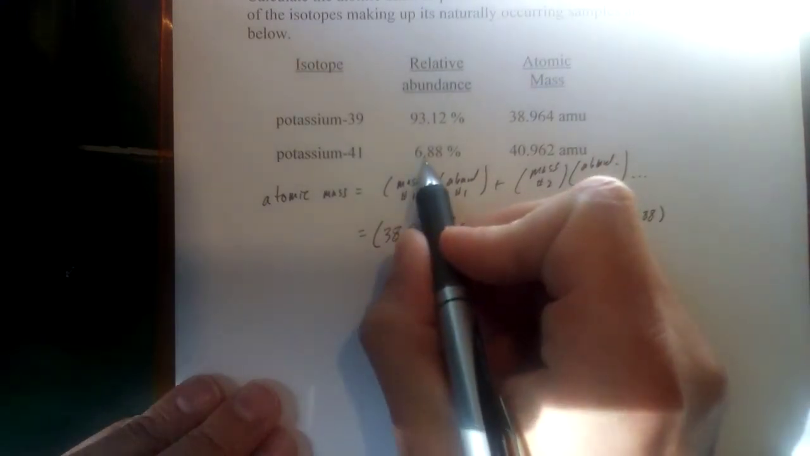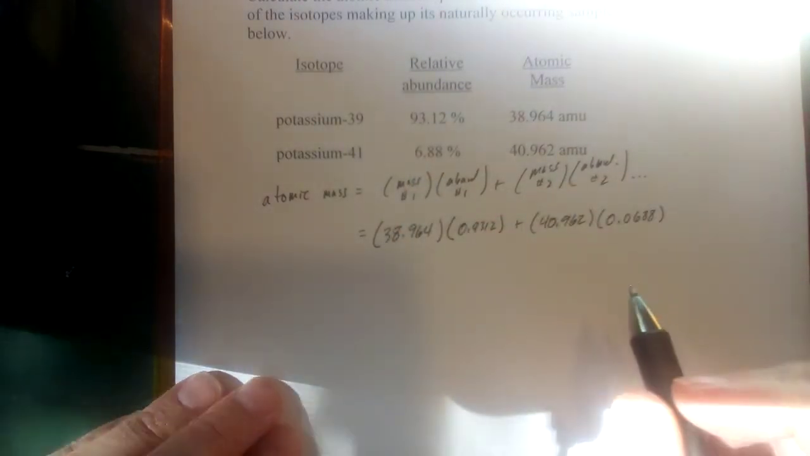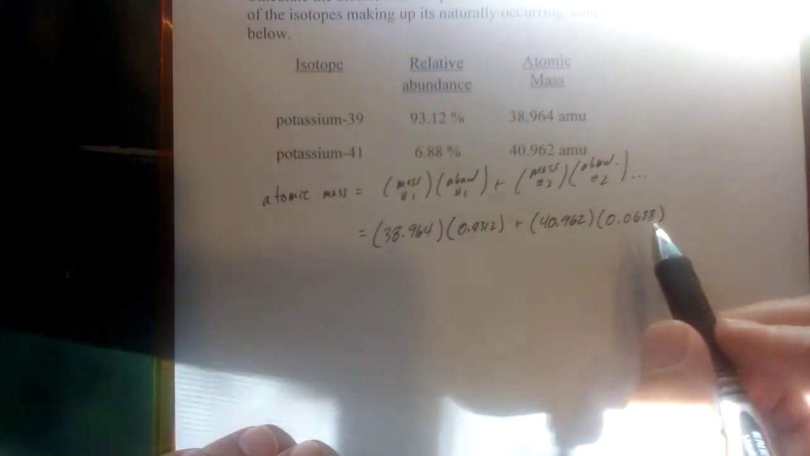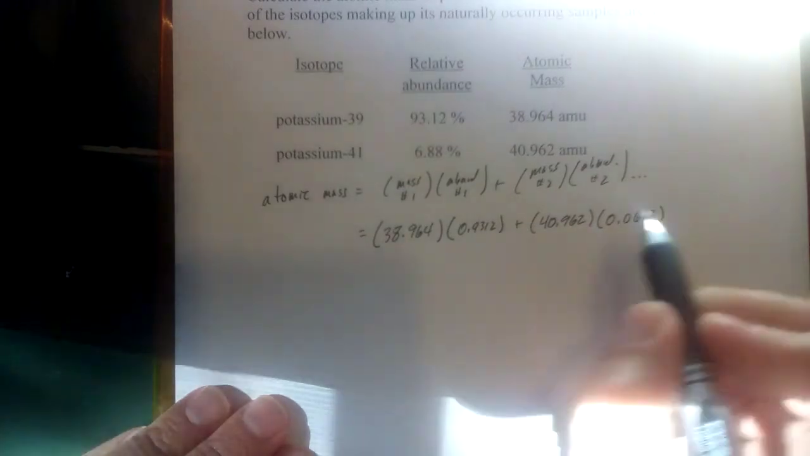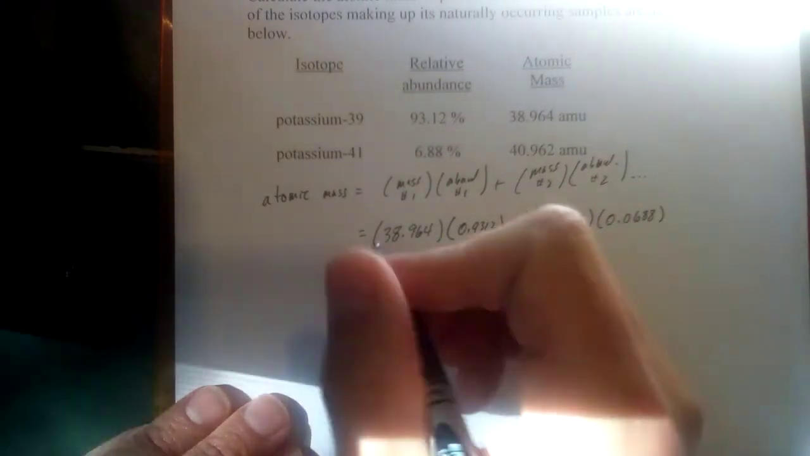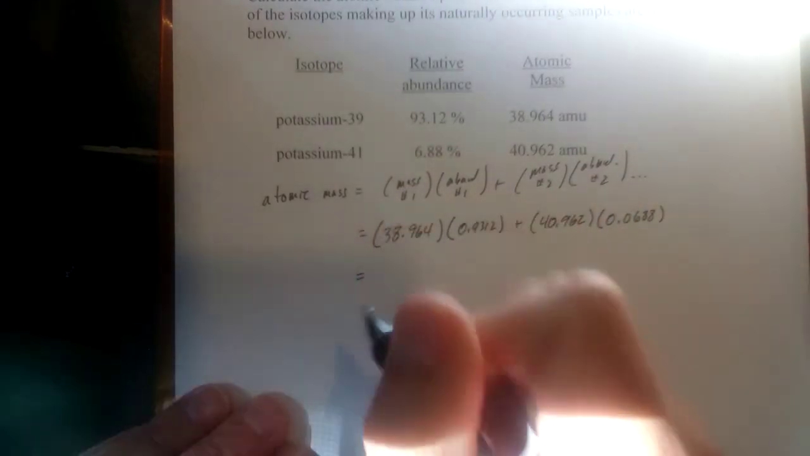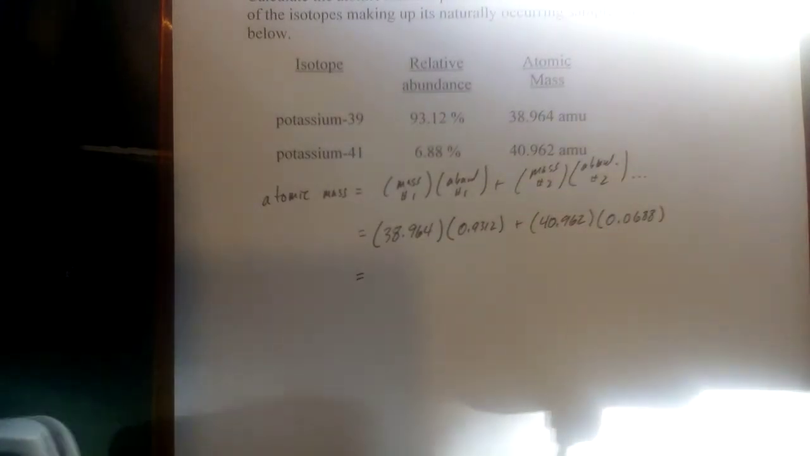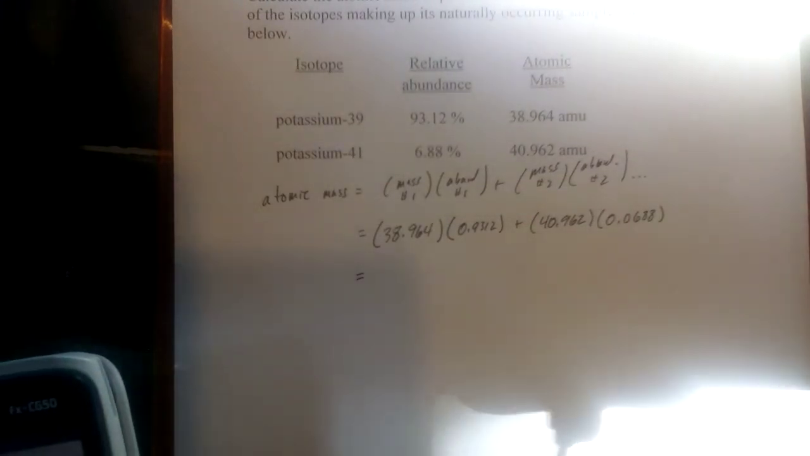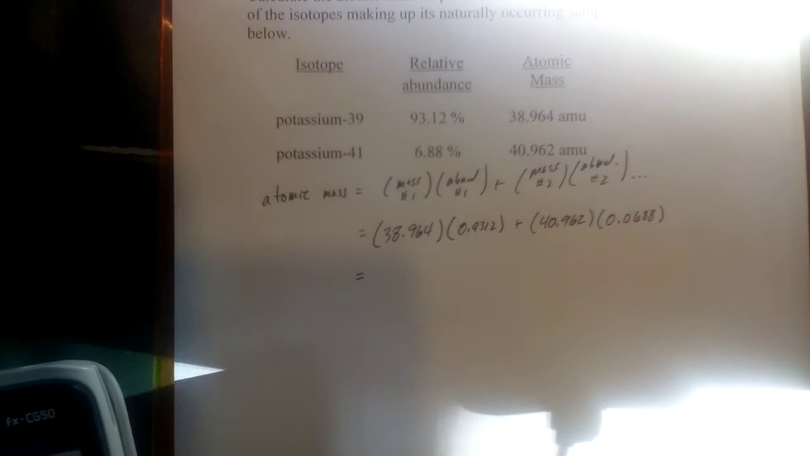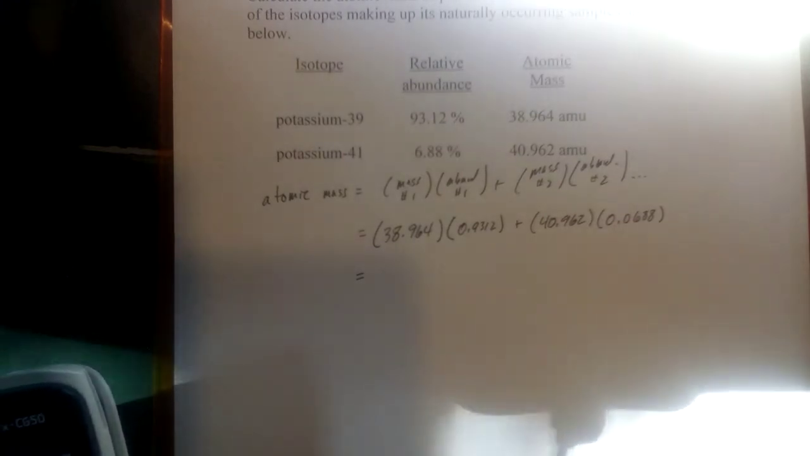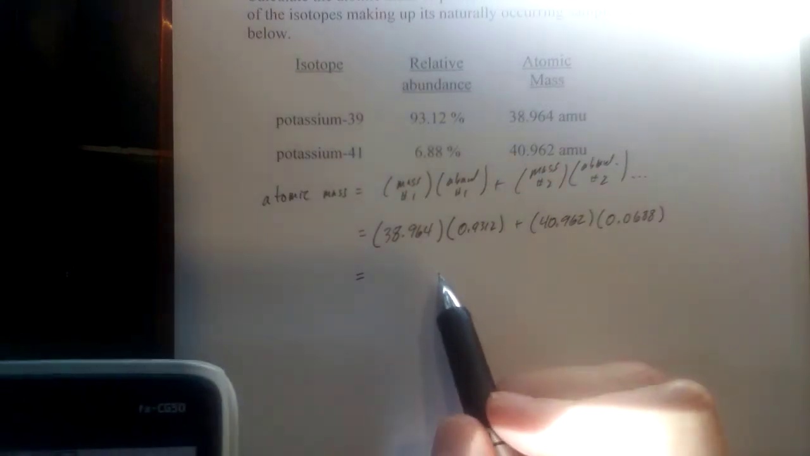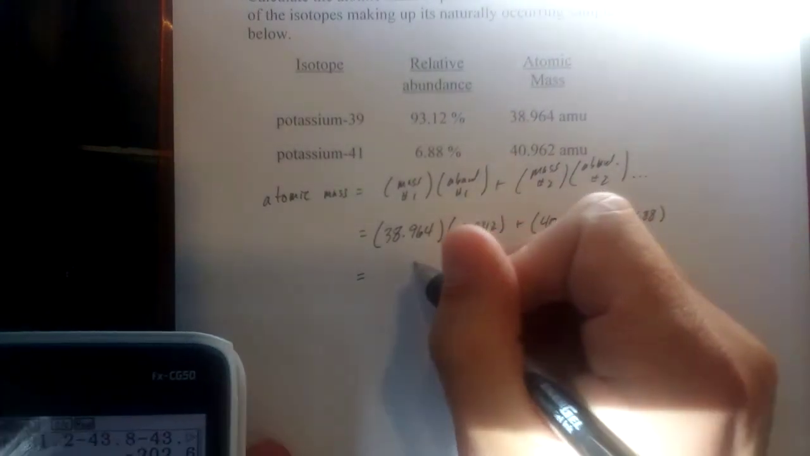And that 0 is actually a big issue here. If you make this just 0.688, that's more like 68%, not 6.8%. So make sure that those two abundances add up to 1. Easy to forget that 0. Okay, so if we multiply these together, 38.964 times 0.9312. Okay, this one comes out to be